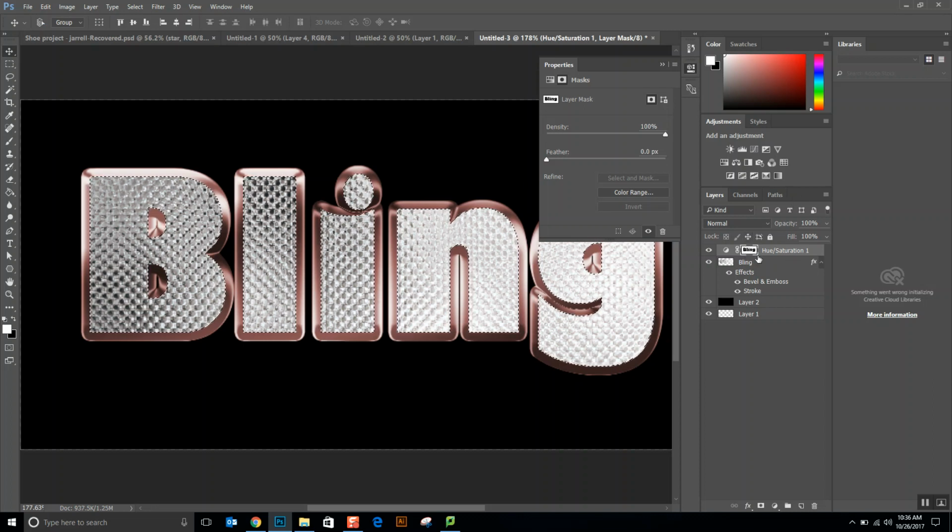So now you can see that it took all of that coloring off of the ones that you did. So we have that, but now we have it on the background. And you may or may not want to take the coloring off the background, depending on what you're going to use it for. So to get the coloring off the background, what you do is